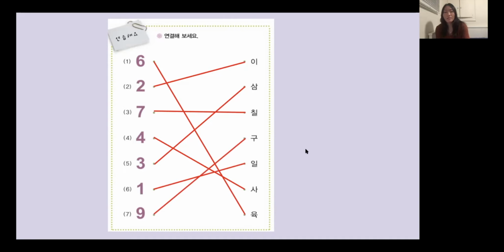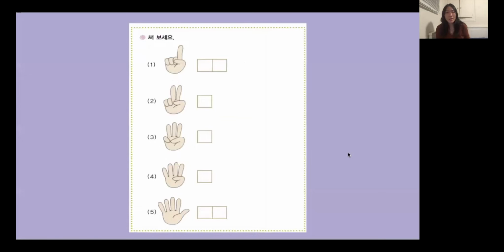And let's move on. Today's lesson is super, super easy. Now, this time we're going to do some writing practice. Okay, so it says 써보세요. Number 1, we're going to write the quantity of fingers that are pointed up. So we see 1. So 1 would be 1 or 하나. But since there's 2 boxes, it's going to be 하나. Okay, so we're going to write 하나,